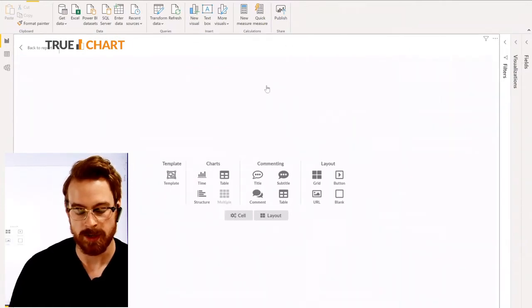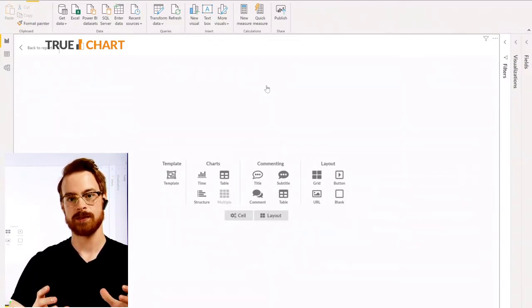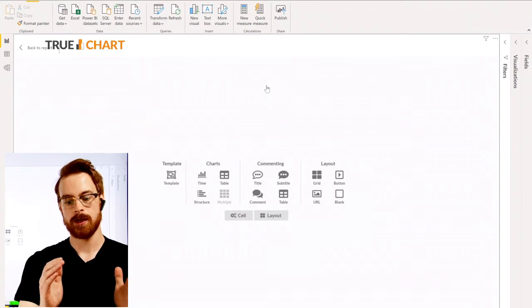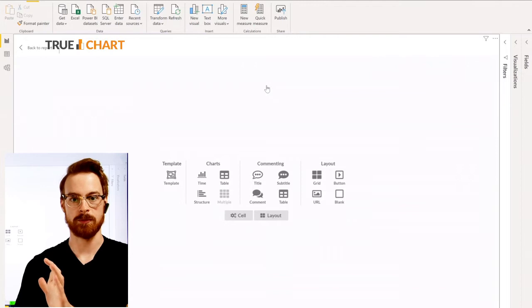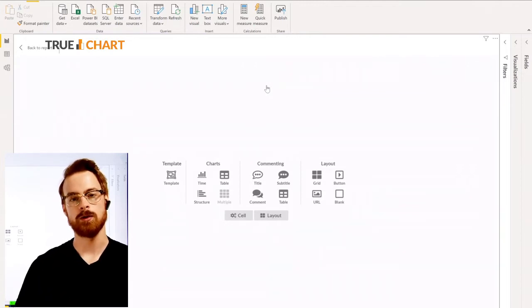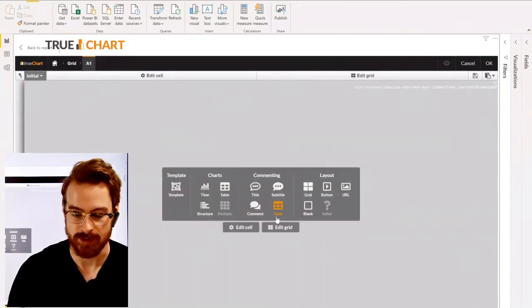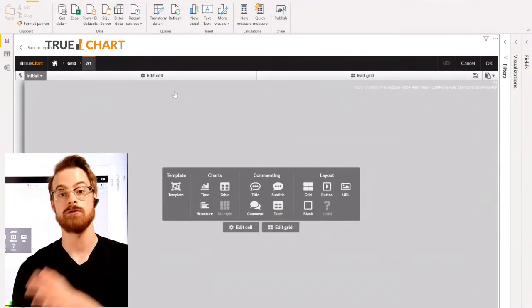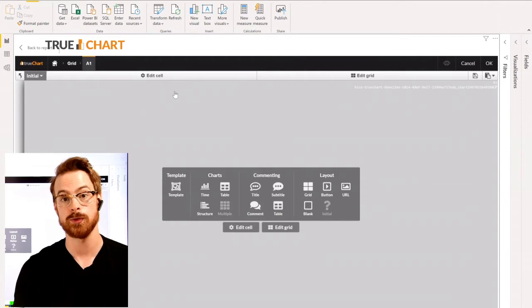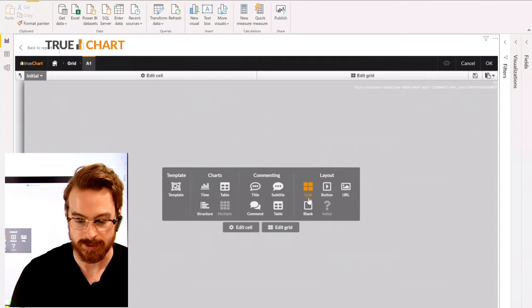Now, when you're there, you always have to think in TrueCHART about cells. So one cell will be a structure chart and the other cell will be a perspective commenting cell kind of. So what you're going to need is a layout for that. I showed you previously how you can do that. Go into this layout section, and I want to have the structure chart on the left side. On the right side, I want to have the possibility to integrate some comments. How do you do that? You just integrate